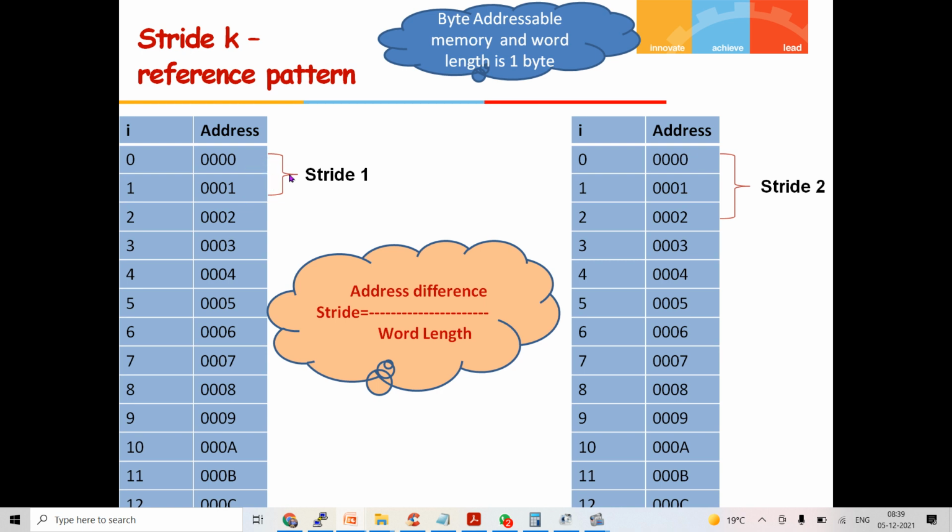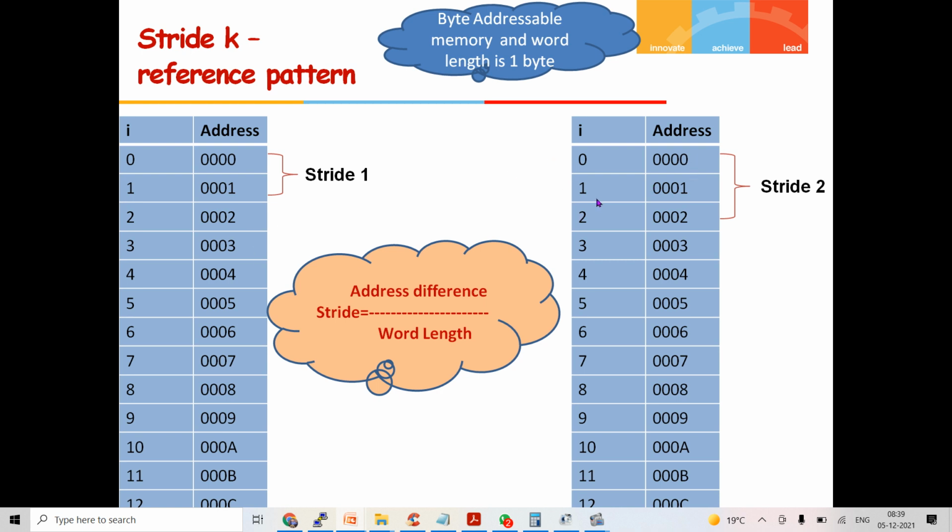This is called stride 1, because the next memory accessible location is just the next step. The next one is going to be 2, the next one is going to be 3.